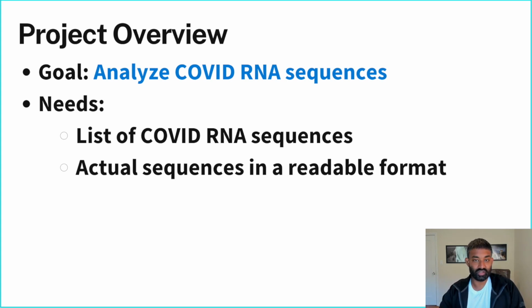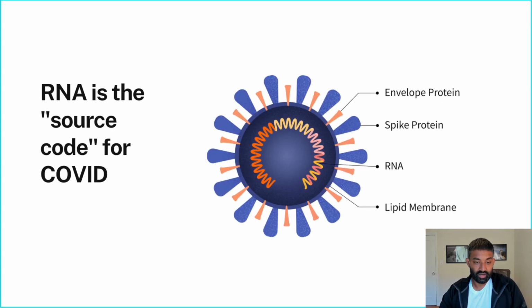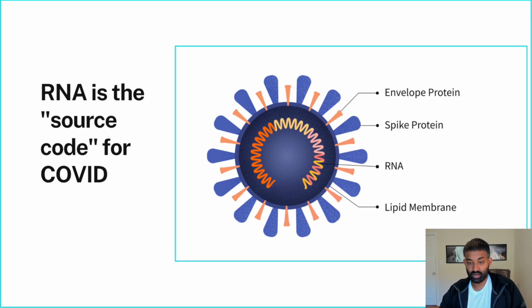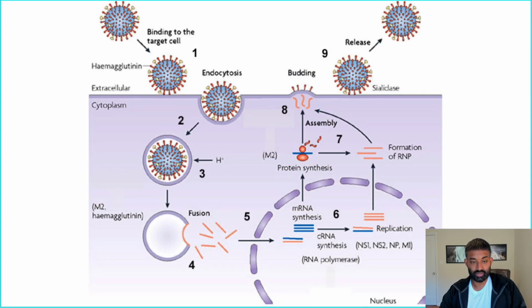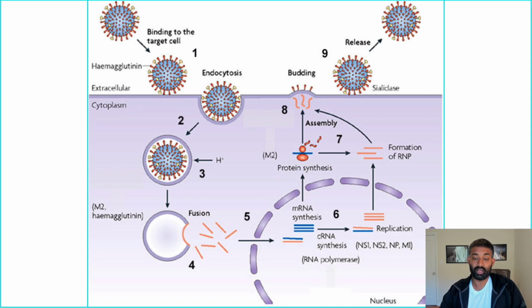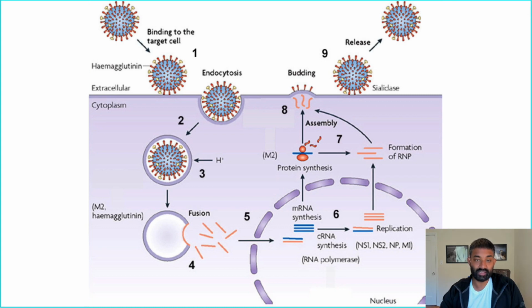And before I do that, just a quick overview of RNA and what it is. So RNA is the source code for COVID. So the COVID virus looks something like this, and RNA is basically inside an envelope. And what RNA does is it enables the virus to enter a cell and then replicate itself. So a COVID virus will enter your cells, go to the cell nucleus, and then replicate itself, and then continue replicating afterwards. And the RNA is the code that basically enables one COVID virus to build another COVID virus and thousands more. So you can read the RNA and you can build proteins and then eventually build the